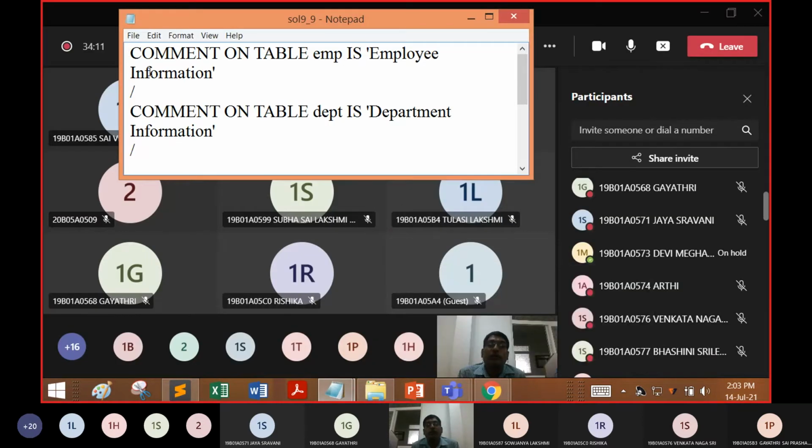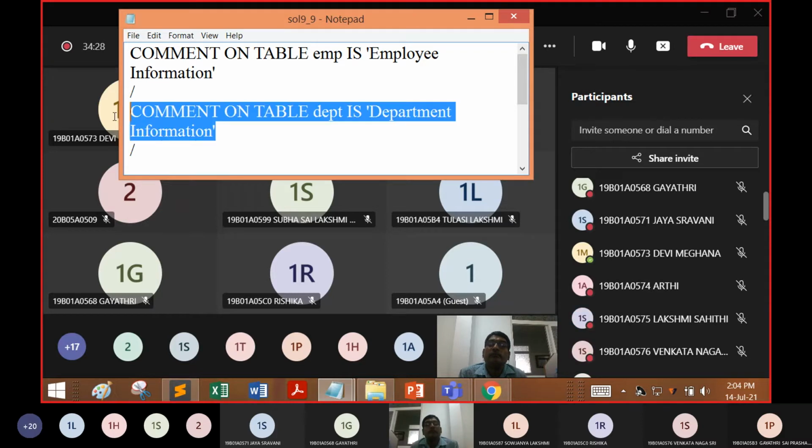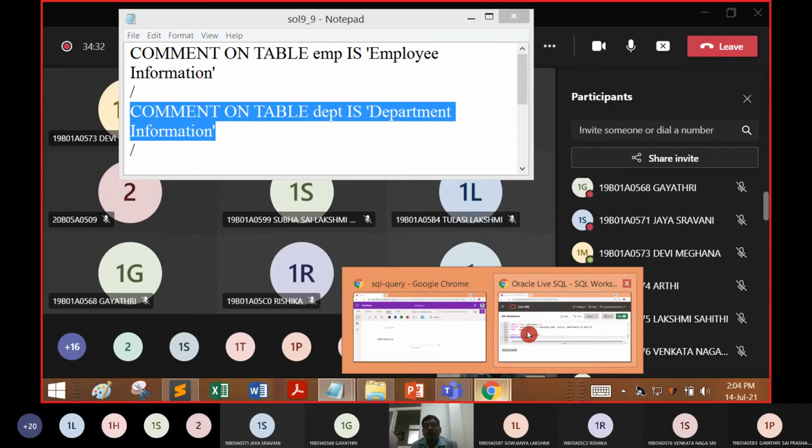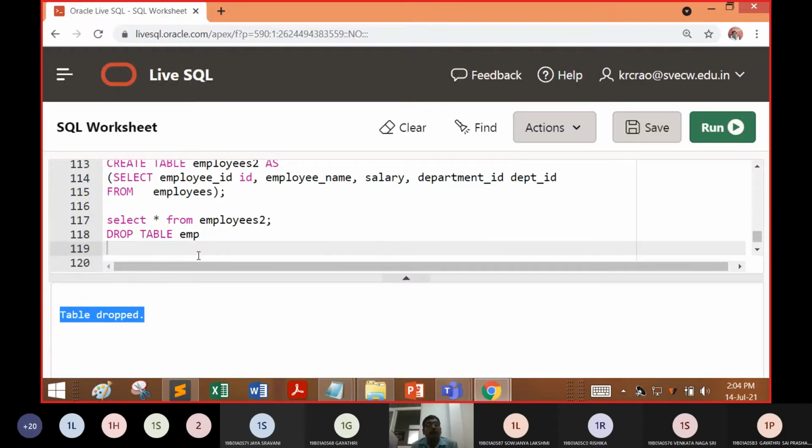Comment on table EMP is employee information. Comment on DEPT is... any guess, any wild guess what this query will do when it is taken up? So we will put this in our work area here.